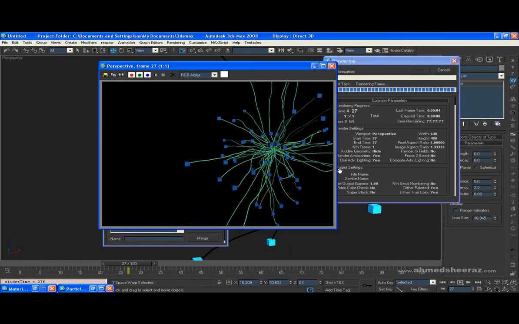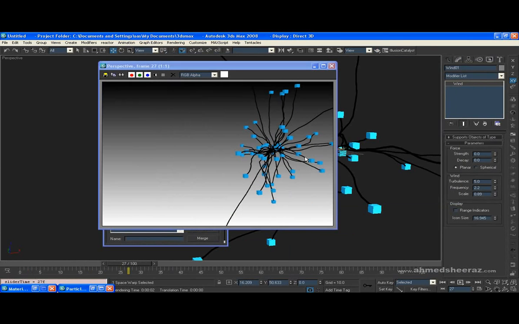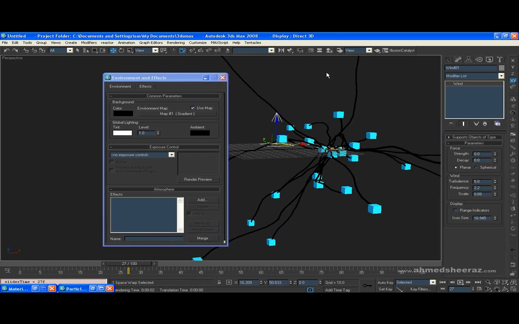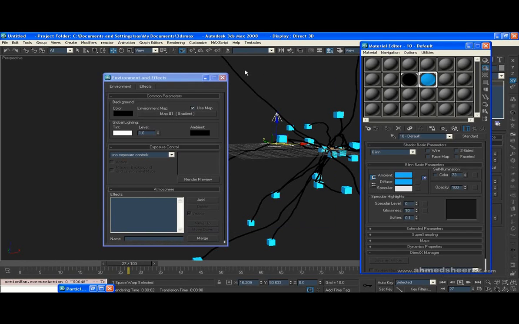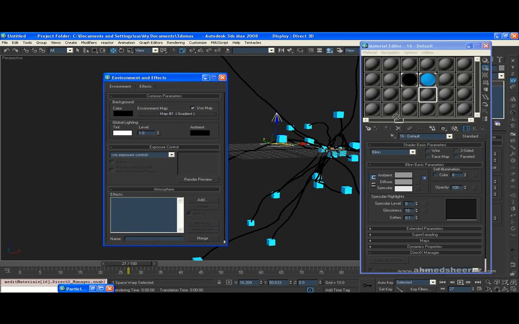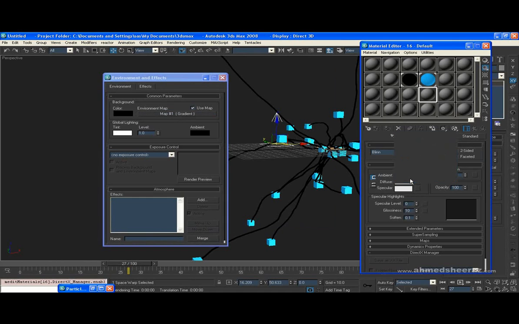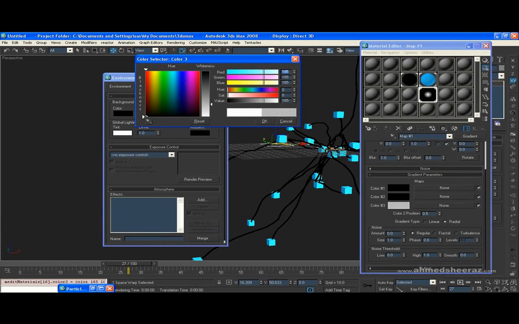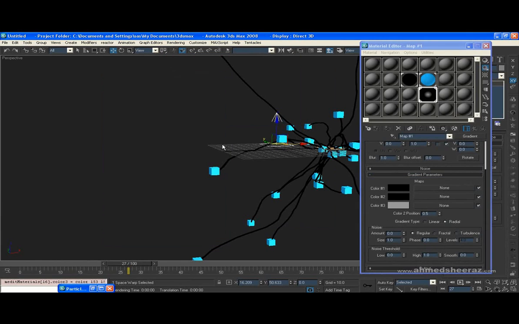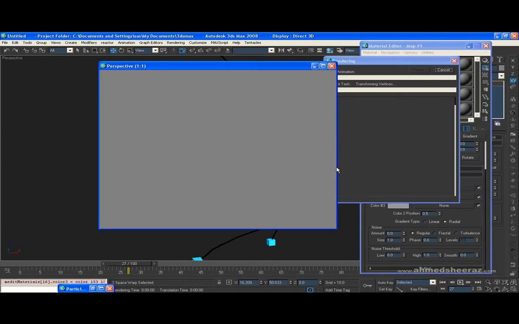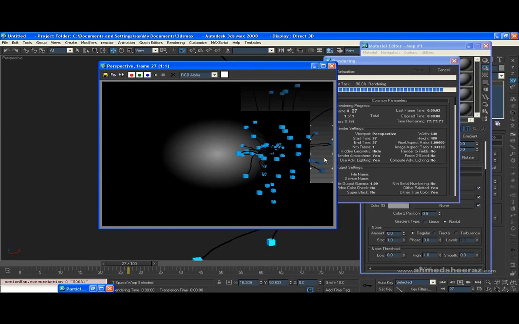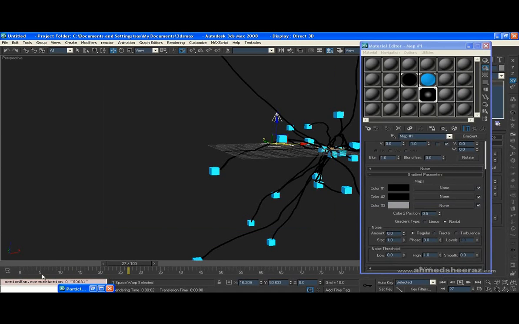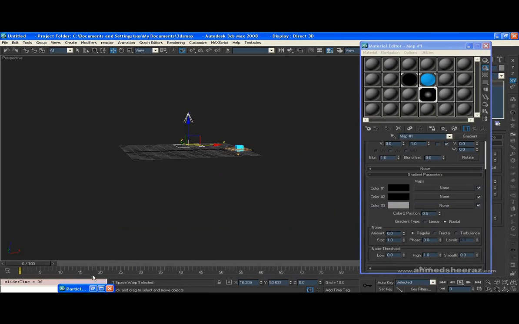So now if I'm going to render, you can see some random shapes here, and in the gradient setting, let me change it to radial gradient with a little more black in it. So now if I'm going to render it, you can see some interesting effects in there,